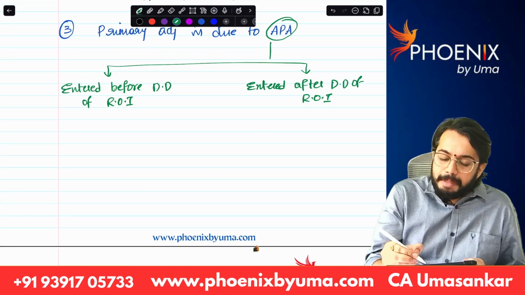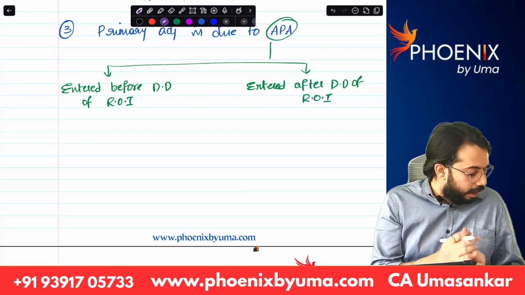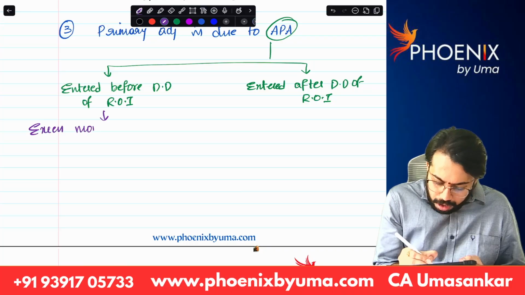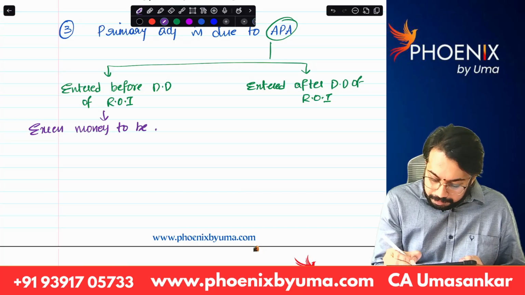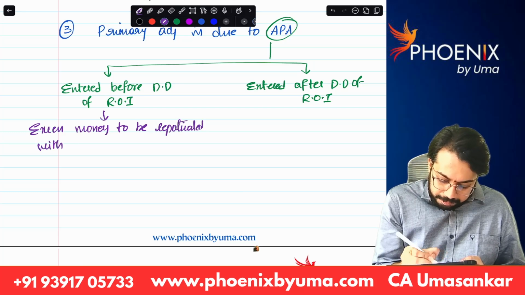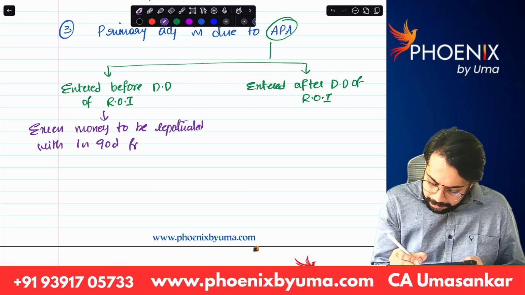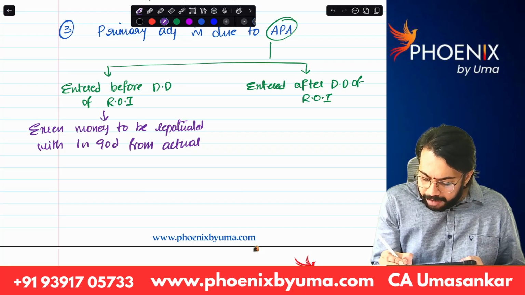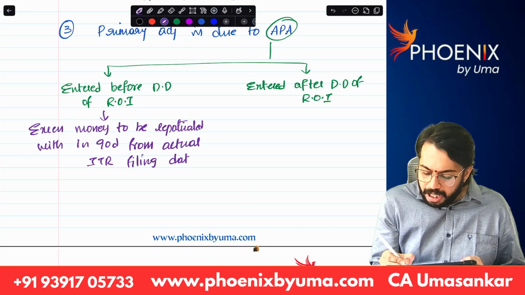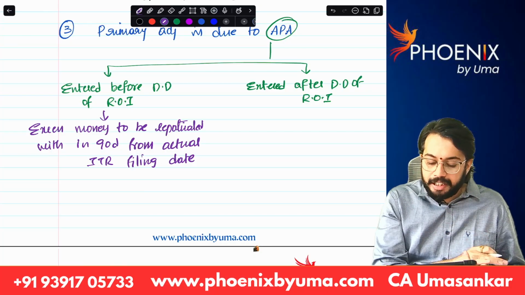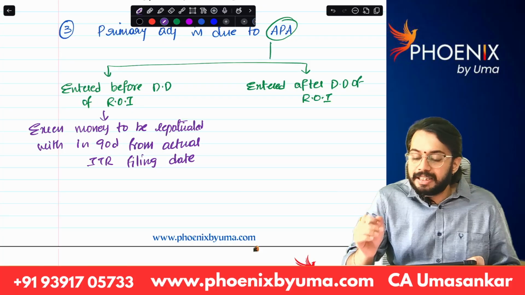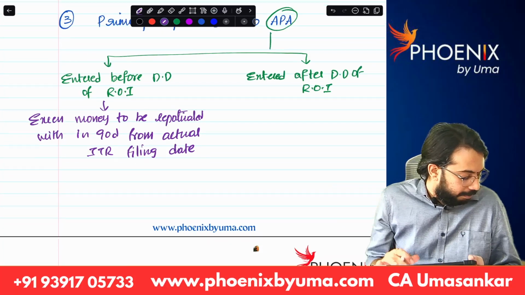If advance pricing agreement is entered before the due date of return of income, then excess money is to be repatriated within 90 days from the actual ITR filing date. That means whatever the ITR filing date is, from the ITR filing date you have to repatriate the money to India within 90 days. If advance pricing agreement is entered after the due date of return of income,